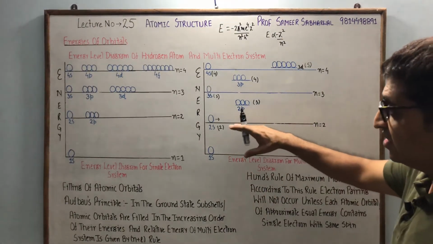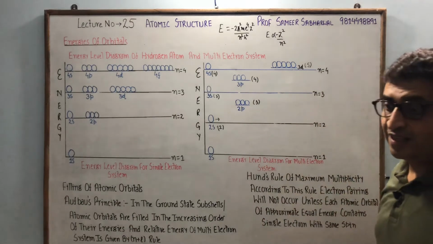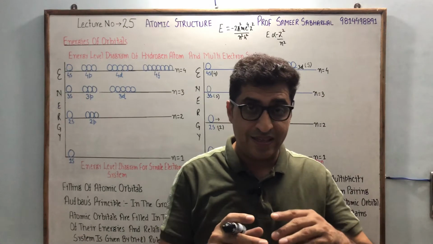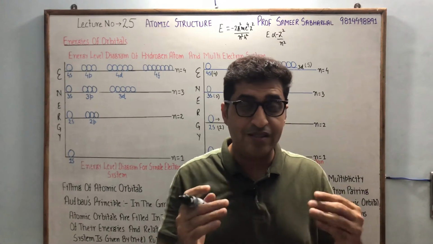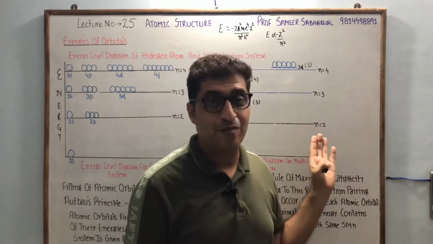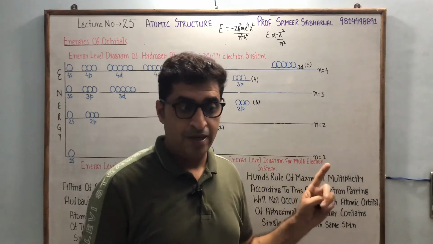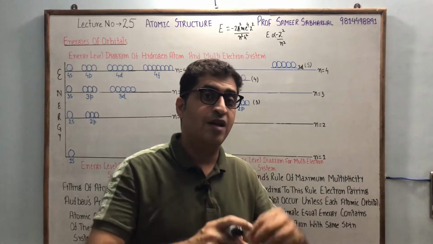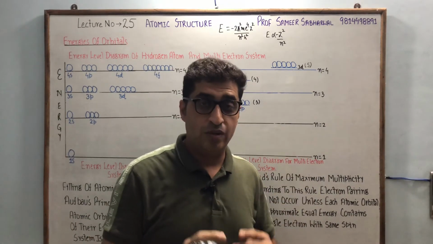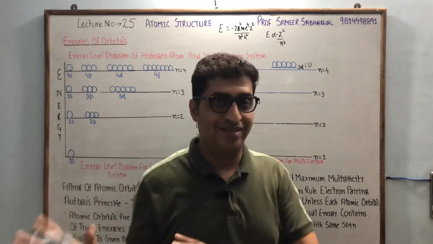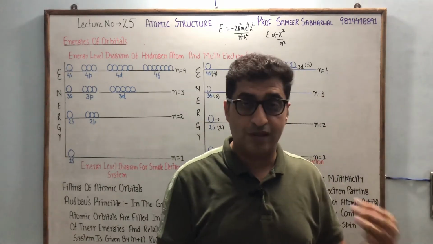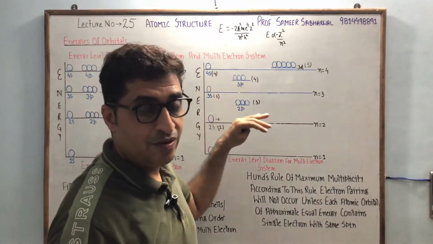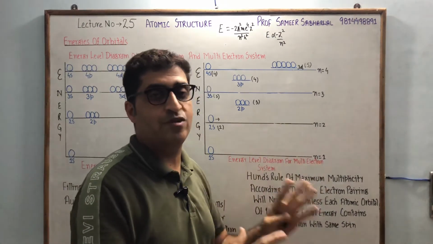Since subshells have different energies, it means we can say that the number of spectral lines will increase in the case of a multi-electron system. Since in hydrogen only one electron is there, the electron jumps from one level to another level only. That is why spectral lines were fewer. But in a multi-electron system, because of different energies of sublevels, we expect more spectral lines.